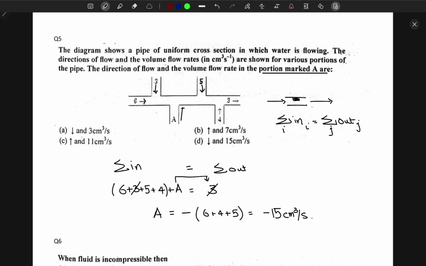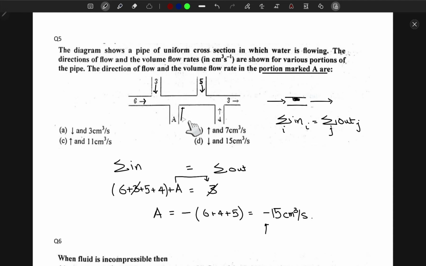Now we chose that A is going in, right? Now that is giving you a negative sign. That direction inwards is giving you a negative sign, which means this negative sign is dictating that the direction which we chose, because you see that it's not in your options as well,